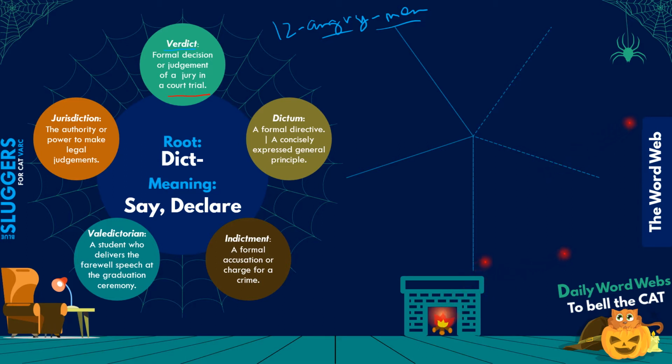And then finally you have the jury, right? The jury is a group of certain number of people, generally 12, जो decide करते हैं कि हाँ नहीं यहाँ पे क्या होना चाहिए, है ना? So बाइज्जत बरी किया जाएगा या फिर उनको सजा दी जाएगी, right? So the final judgment that the jury provides for any court trial is known as the verdict. Okay, a formal decision or judgment of jury in a court trial is the verdict.